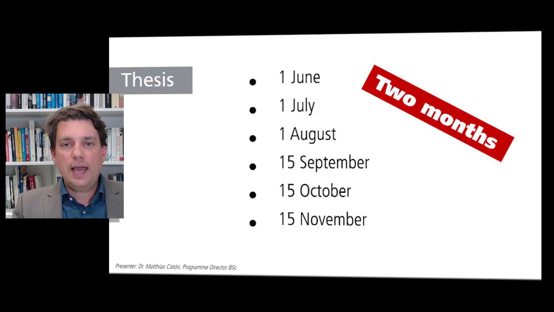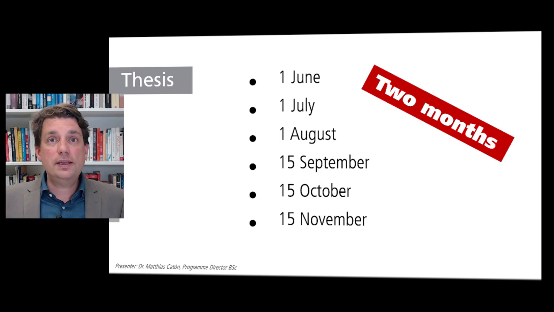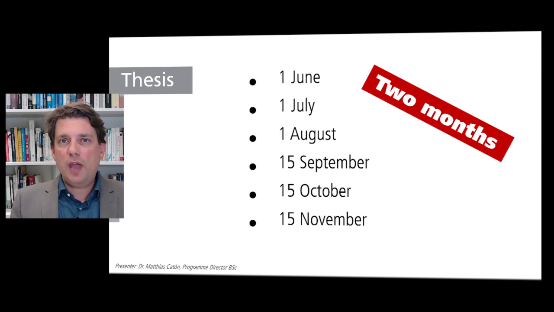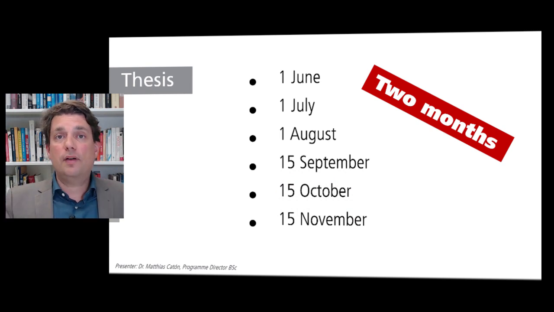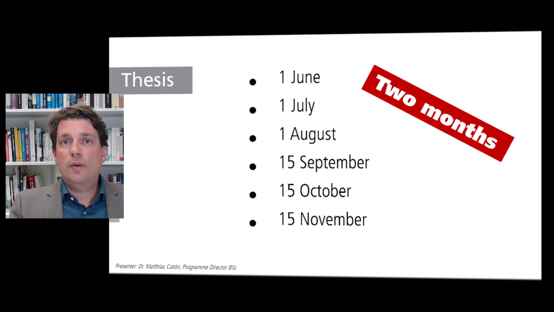As I mentioned, you will also have to write a thesis, a written research paper for which you have 2 months. And there are different staggered starting dates, and you can basically pick and choose the one that suits you best. The first possibility to start is on the 1st of June, basically after the 6th semester. And then you can start every month until mid-November. That is the final starting point. If you add 2 months of time to write it, that will mean you have to hand it in by